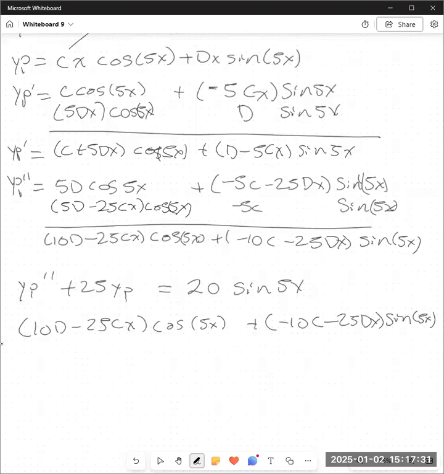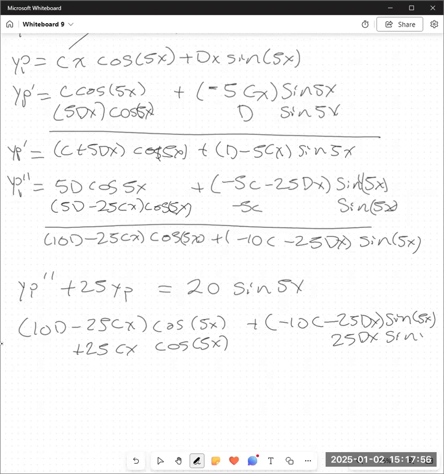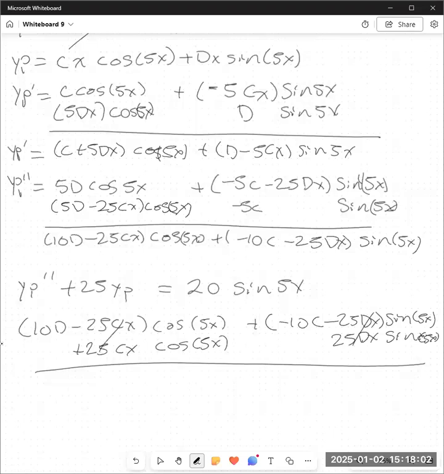So I'm going to add 25 times x times cosine. So that's 25x cosine of 5x. So add 25cx cosine of 5x, and add 25 times dx sine 5x, so that this piece and this piece zero out, leaving me with 10d cosine of 5x minus 10c